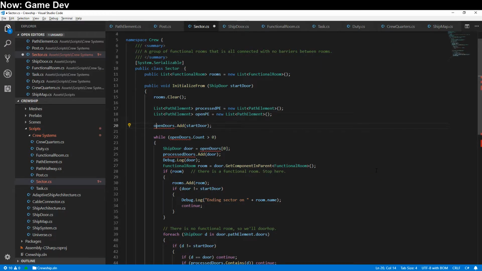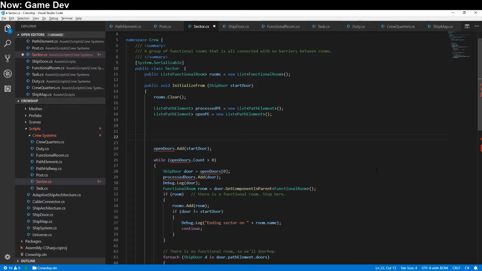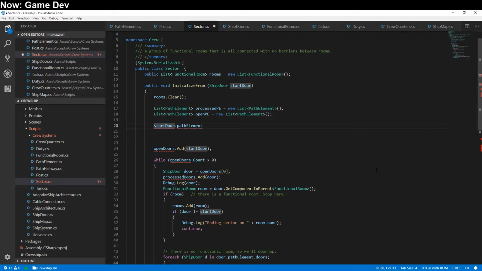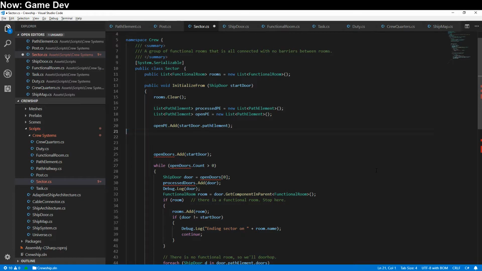Because we don't need to know about the doors themselves. So start door dot path element. There it is. And we'll just add that. So open pe dot add start door dot path element. There we are. That's a bit better. Now the problem with that is that we're going to go ahead and add that to...